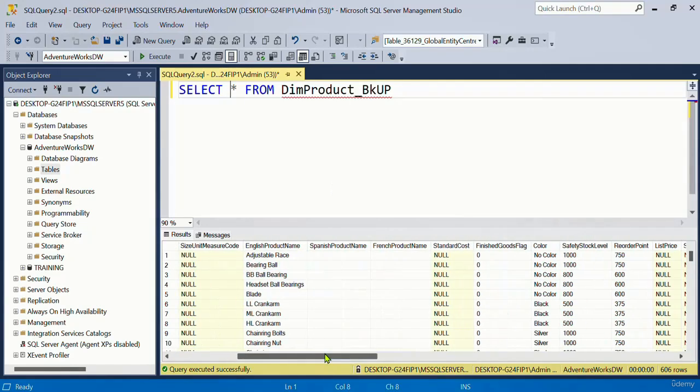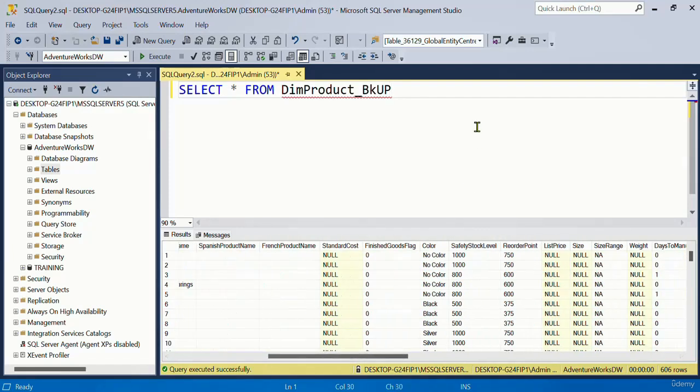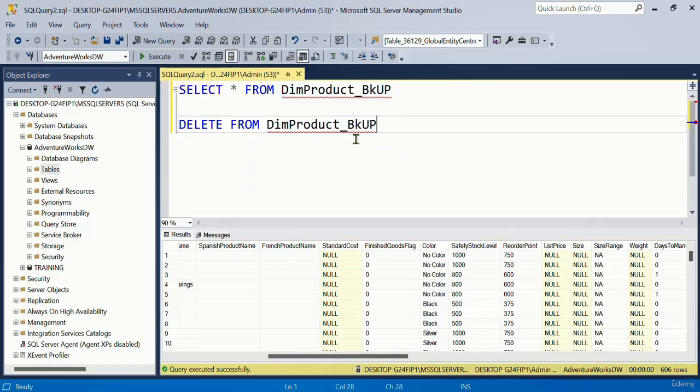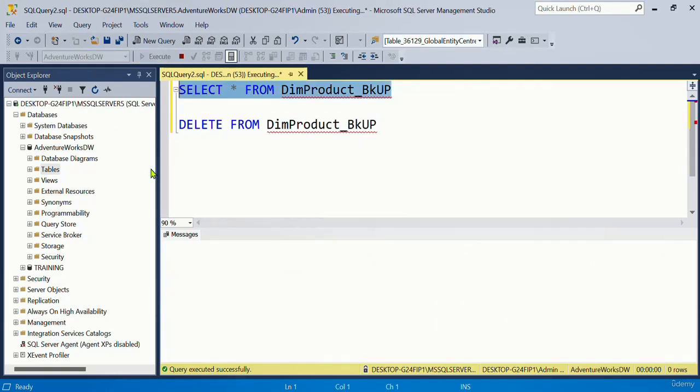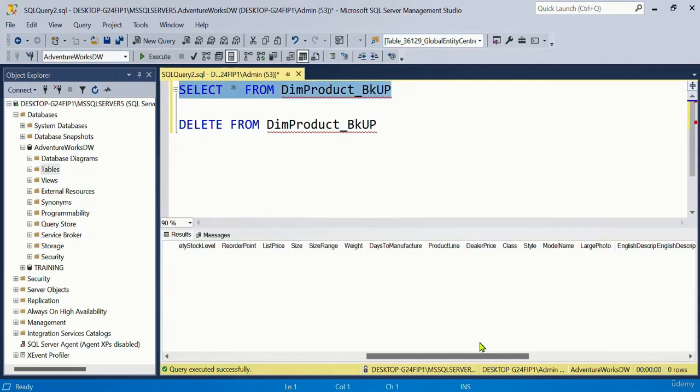So here we are. Let's see. Now, the statement that we are interested to learn is delete. So you just say delete from table name. Be very careful. If you run this statement, what is going to happen is, it is going to empty your entire table. Look at this. So your entire table is gone, and that's why I said that do these operations, update and delete, on your